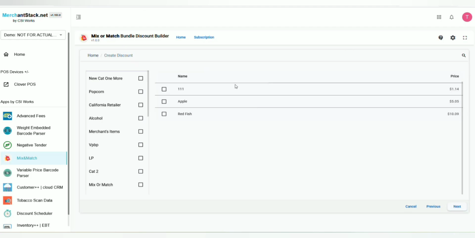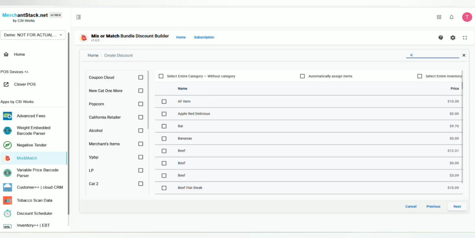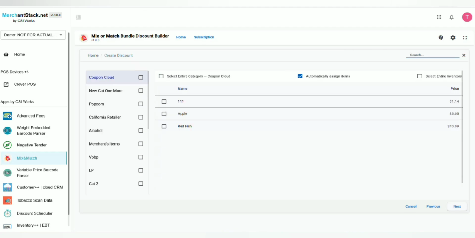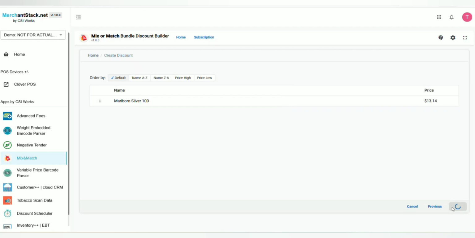And now here we want to search for items that we are looking to discount. And I'm going to look for Marlboro. And regardless of what category I'm in, it'll find my Marlboro, right? And here is my Marlboro. And if I want to find my beer, there's my beer. I want to find my soda. I don't have any soda. Custom meat processing. So you get the idea, right? So here it is, like that. And then we just say